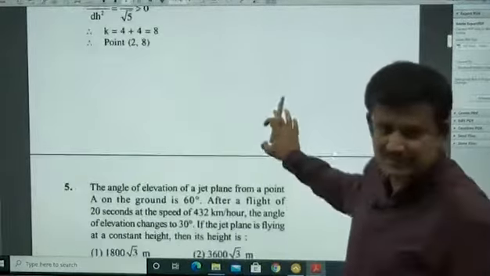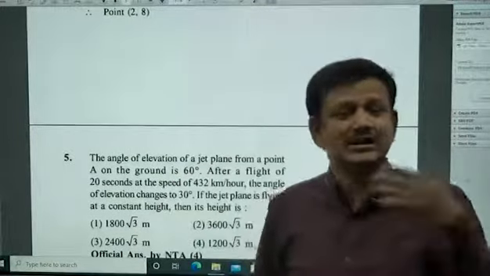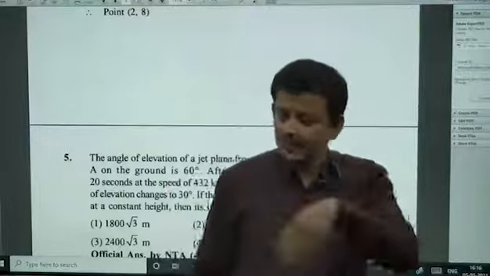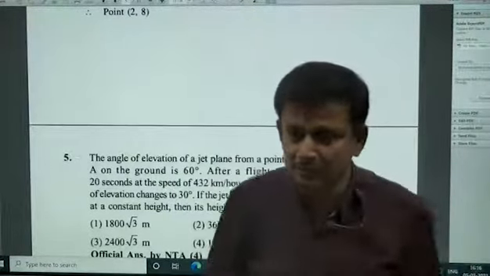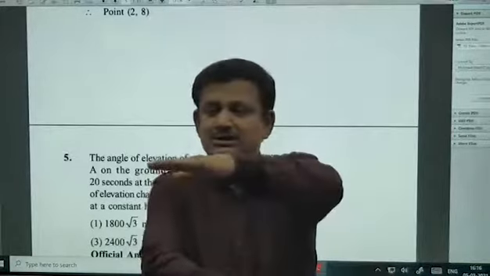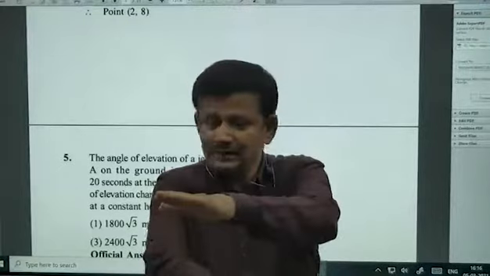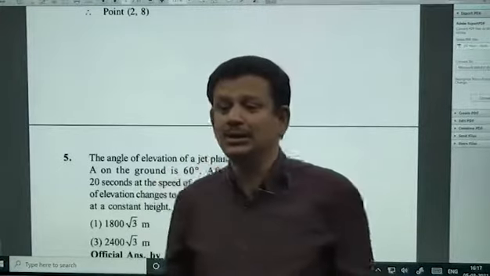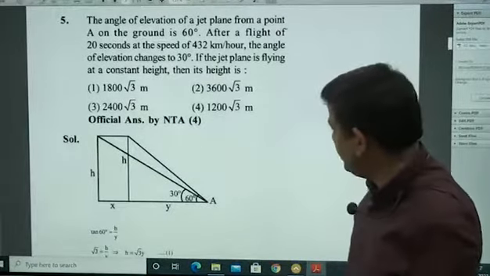Shortest distance between any two curves, it could be parabola, circle, two circles, circle and a line, line and a parabola, anything. Shortest distance between any two curves, even in 3D also. When you are finding shortest distance between two skew lines, what is the idea? You will find the common normal. You will find a line which is perpendicular to both the lines. So shortest distance between any two curves will always be along the common normal.